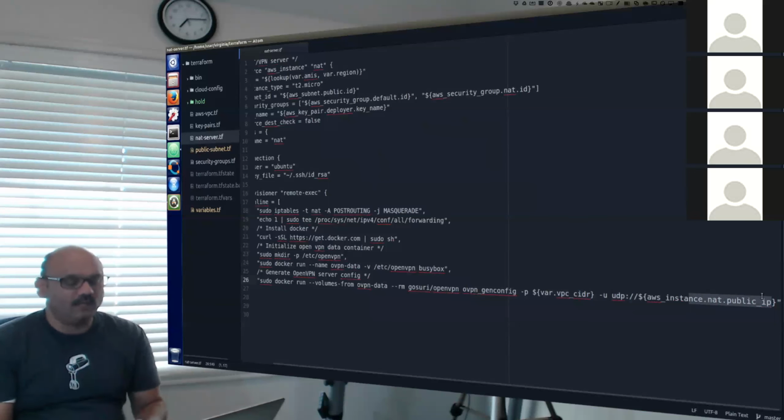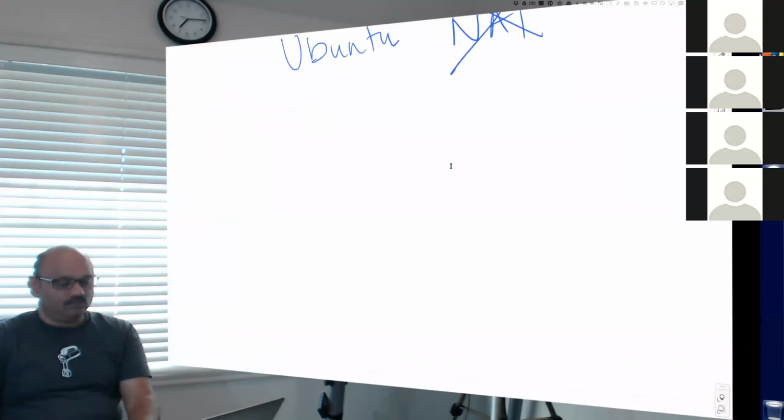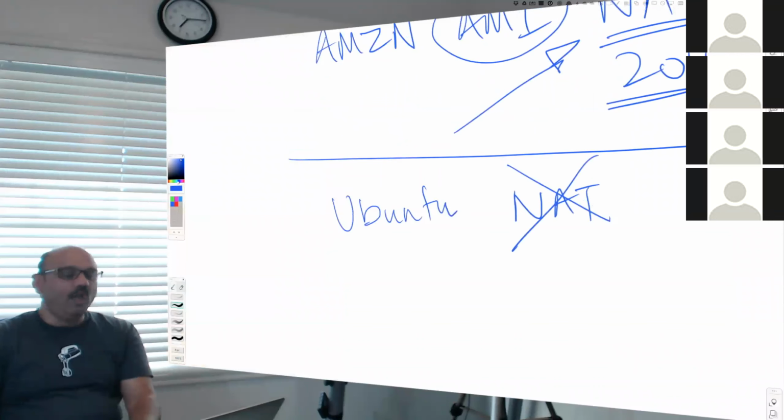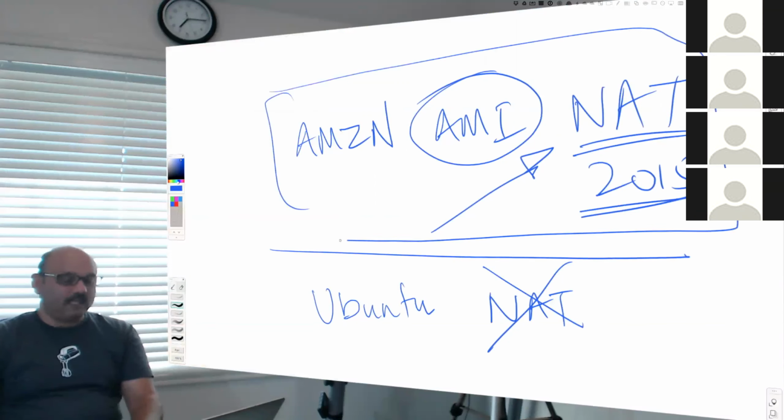Okay, this is Salam. I just want to reiterate the NAT. Remember when we created the NAT devices, we went to the supermarket to get the NAT. Terraform got this NAT in the same way. They pick the NAT instances from the supermarket, or how do they get it? So we did not go to the supermarket. Supermarket is a Chef thing. We went to the Amazon marketplace. Marketplace, okay, that's what I mean. We found a NAT device ready-made. Right. So the first time we used a ready-made device.